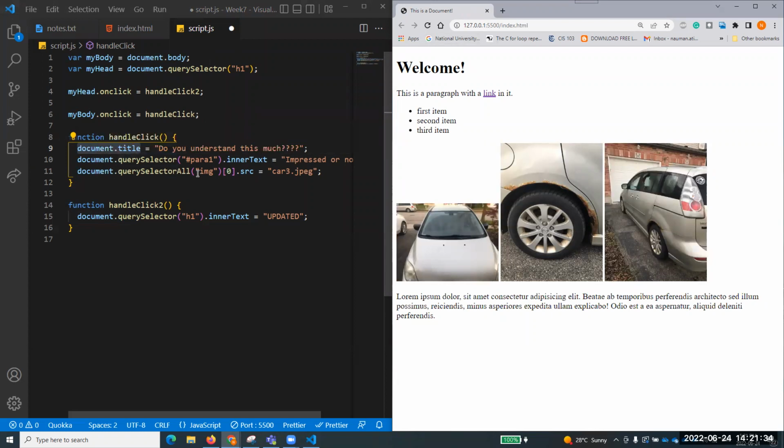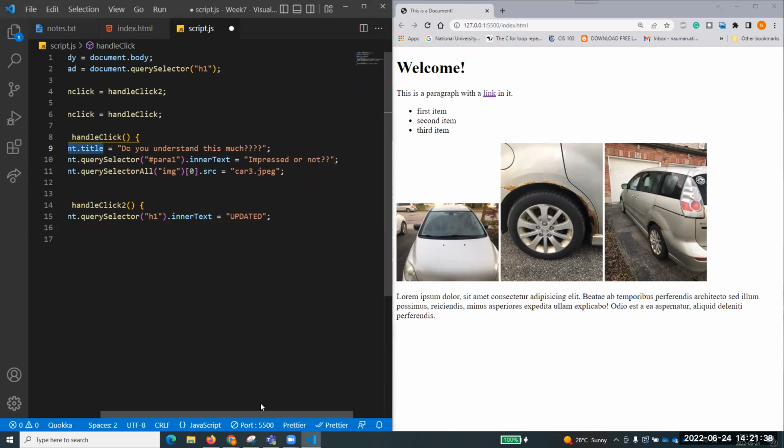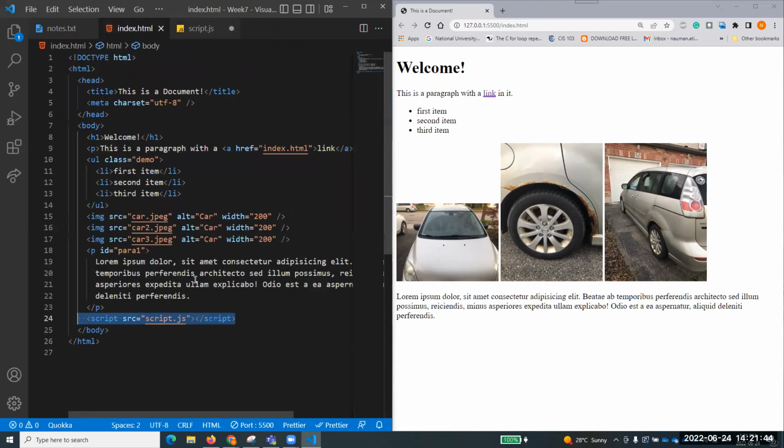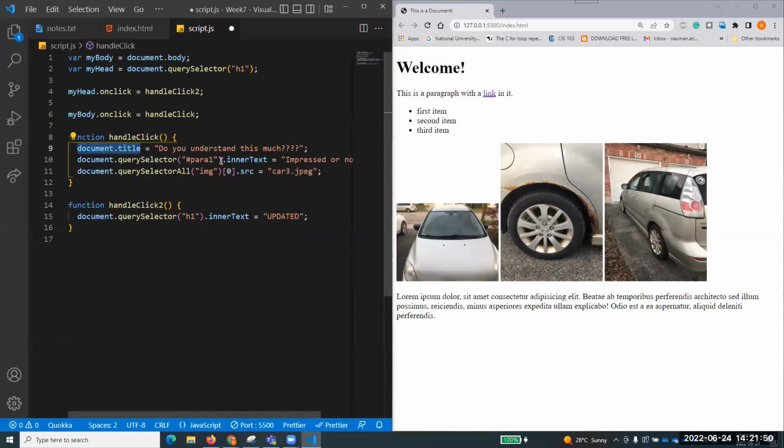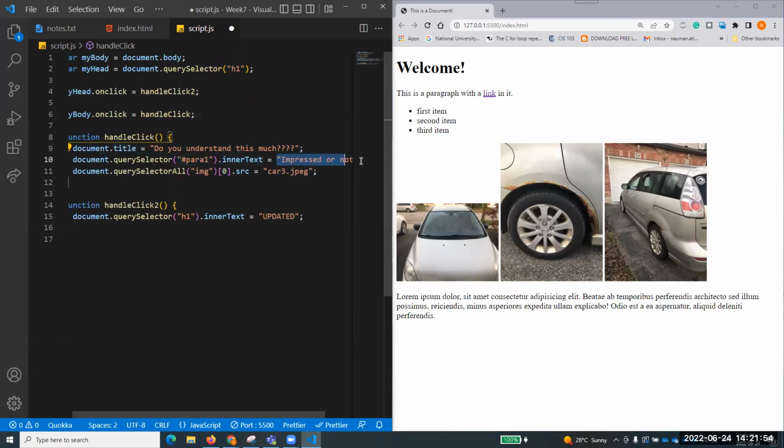And then document.querySelector #para1 .innerText. And again, I told you that innerText means we want to change the inner text. So wherever is the para1, can anyone tell me where is the para1? Para1 is over here. I'm talking about this text. So select that one, #para1 by document.querySelector, and